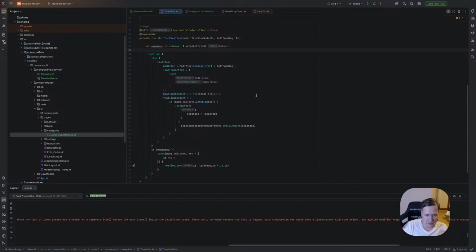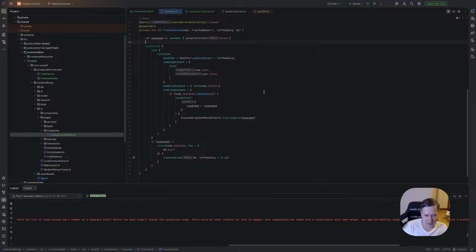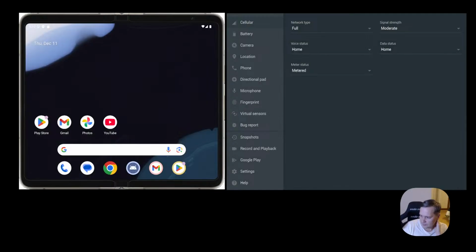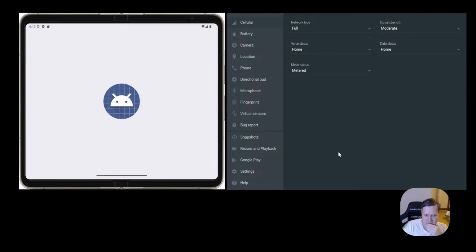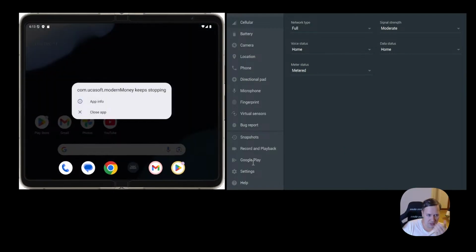And if it is expanded, we will see children, which will contain its own LazyColumn as well. Let's see what is going on. Like we have LazyColumn inside LazyColumn. Why? Okay, it crashed even at start.